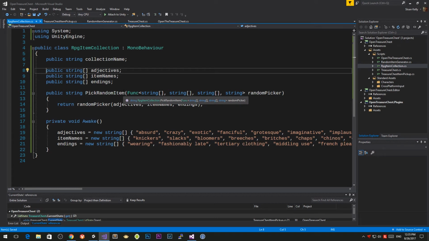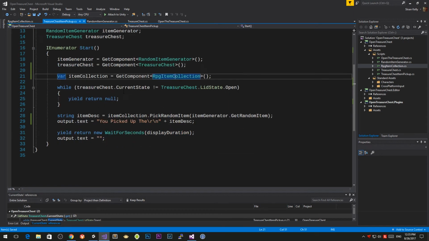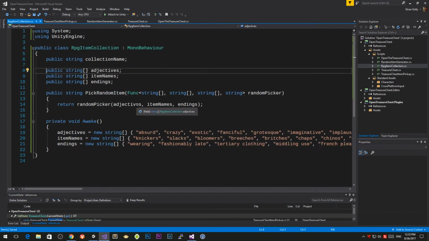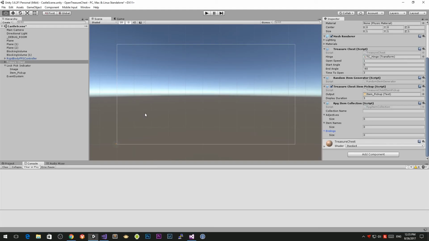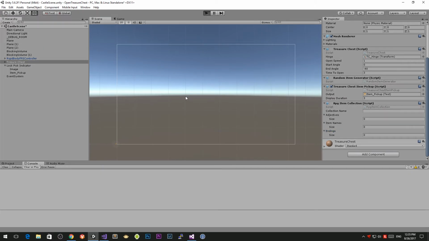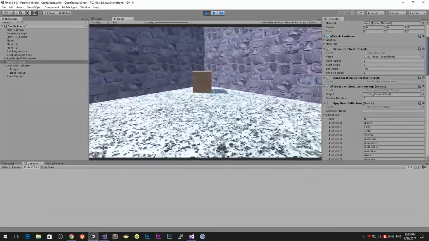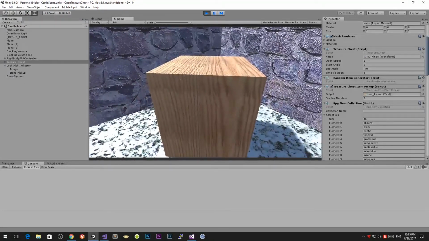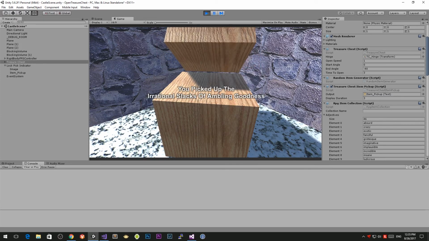So we're separating all of these things out. We're saying, okay, this is where the collection is, and this is where the things that we do with the collection are, and we can have all these separate classes. And what it means though is we can actually test this a little bit better. But before we test it, we're going to run the program just to make sure we haven't broken anything, and make sure the game still runs. We can go up to our box here, and then open it, and it should still say you picked up the irrational slacks of gambling goodness. Okay,